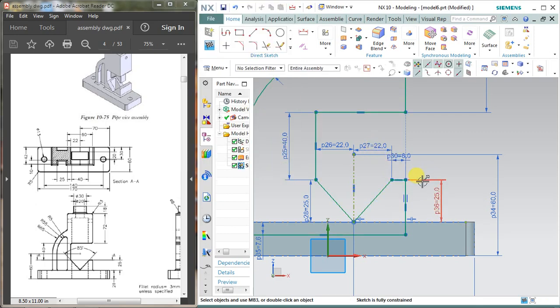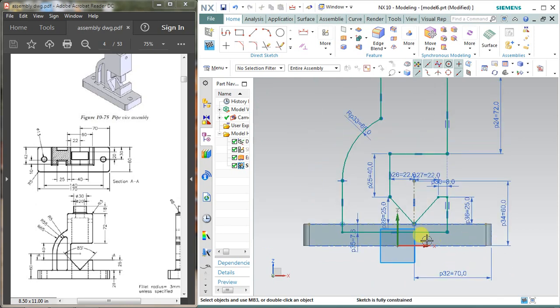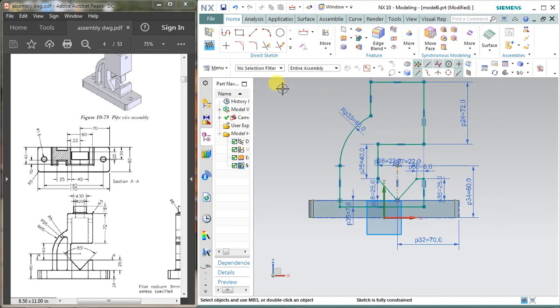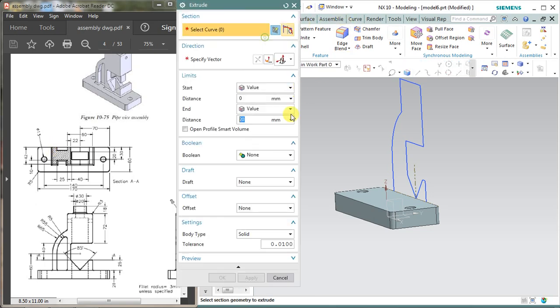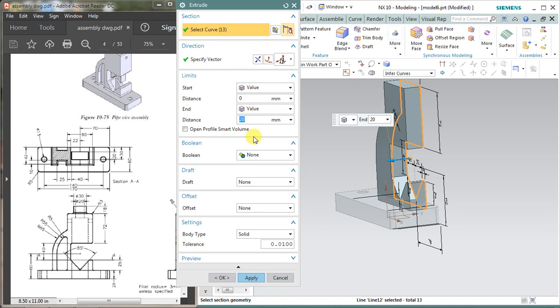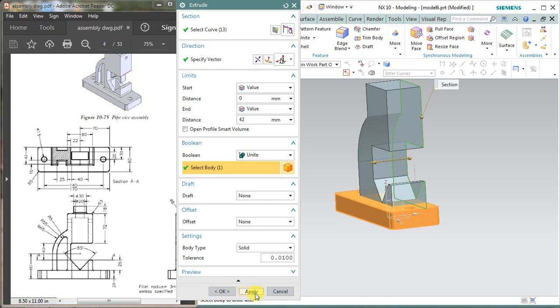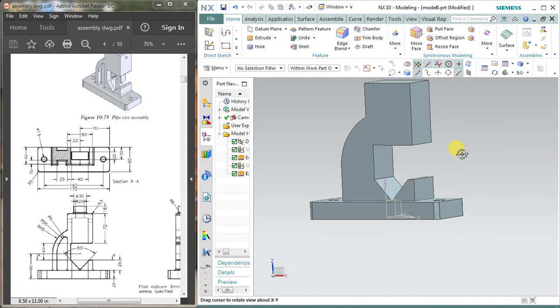Okay, now it is in its place, 8 mm, and the sketch is fully constrained and the drawing is not moving anywhere, so it means your drawing is okay. Let's finish the sketch and extrude it. The extrusion is 42 mm, so select extrude. It will ask you for the section you want to extrude, and apply 42, and the boolean operation should be unite, not subtract, not intersect. And hide the sketch if you want to hide it.